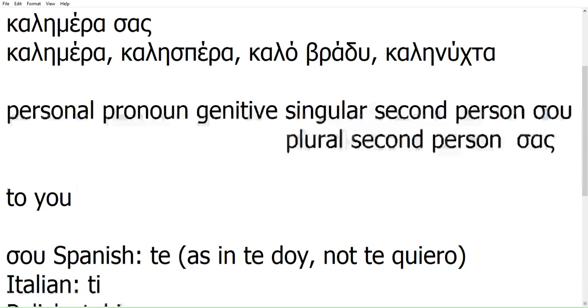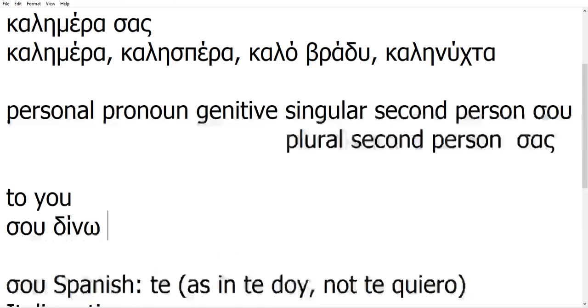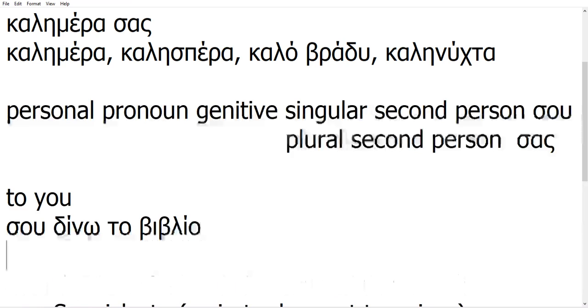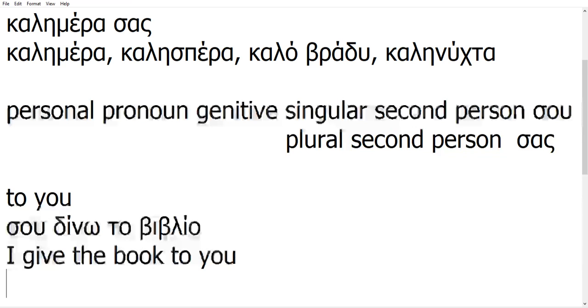We use the genitive in Greek for the indirect object. I'm going to use an example now, so listen to this phrase. Σου δίνω το βιβλίο. I give you the book, or I give the book to you. Just to make it clearer, you can say, I give the book to you. So literally, to go back to the topic, what Greeks say is something like,